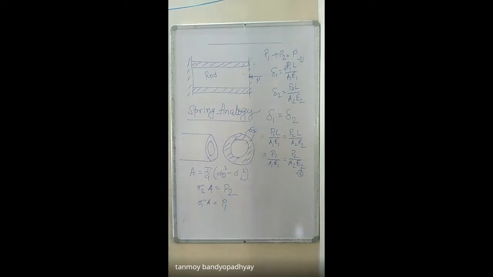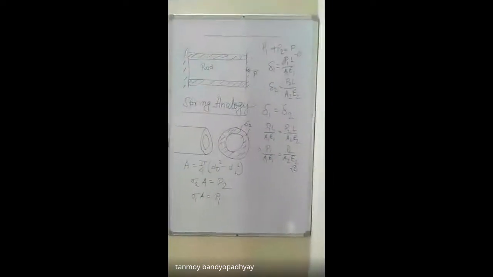It's not that P2 is a force acting at the center of the body. It's just distributed on the entire body. Whenever you are loading a body, it will try to deflect the entire cross section. When the entire cross section tries to deflect, some stresses will be set up on the body. So sigma 2 is the stresses that are set up on the tube portion. So sigma 2 multiplied by its cross sectional area is giving me P2. It's not that P2 is acting along the axis of the tube. Understood? Can you understand what I'm trying to tell? Yes, sir. Yes, tell me.